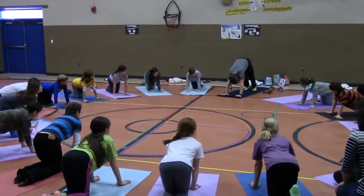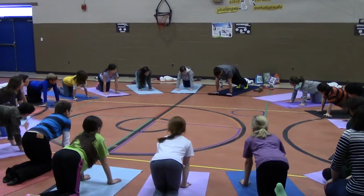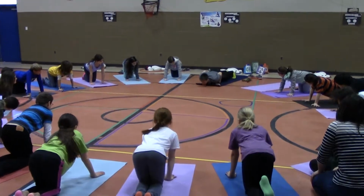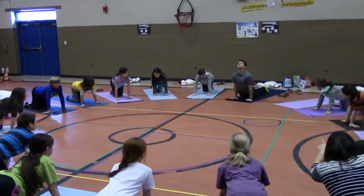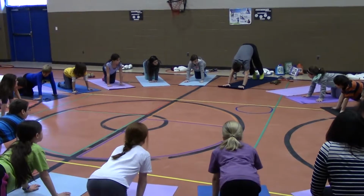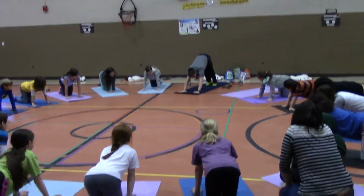So from downward dog, we inhale to high plank. We exhale to low plank. I'm not touching the ground. I inhale, I pull forward, untucking my toes. You see I'm on the tops of my feet now. I lift it up, inhale, upward facing dog, and I exhale, shoot my hips up, tuck my toes, downward facing dog. Again, I inhale,